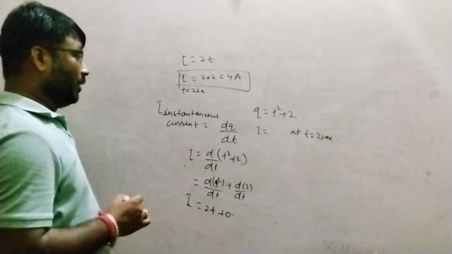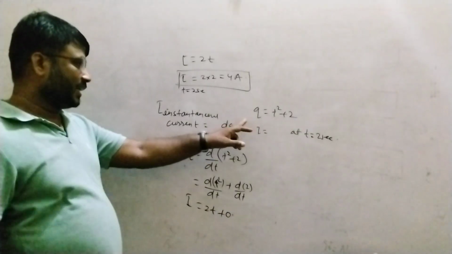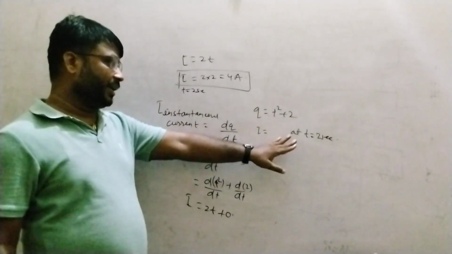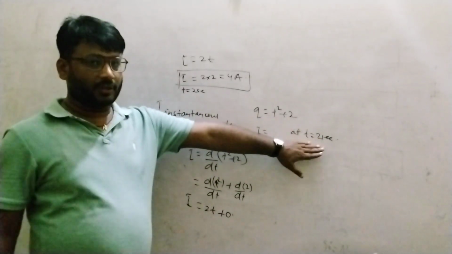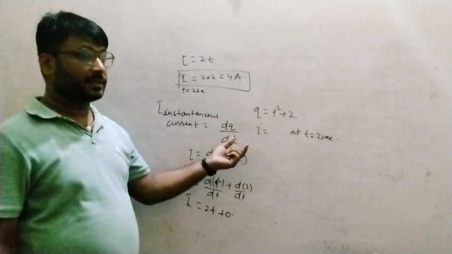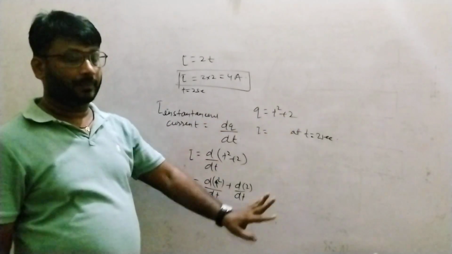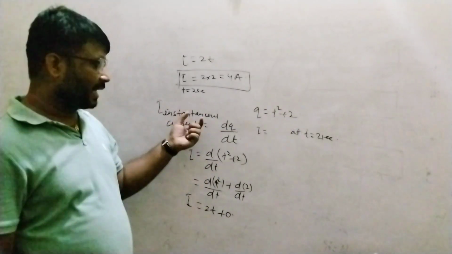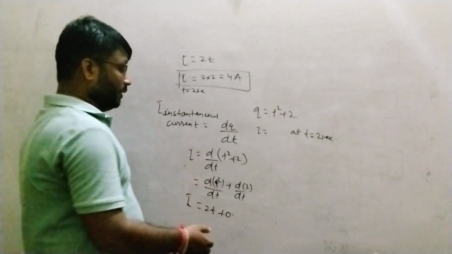Instantaneous current is what if you are given a charge as a function of time and you have to find the current at the particular instant of time, then we will go for the derivation of that charge given as a function of time. This is regarding the instantaneous current. Now next